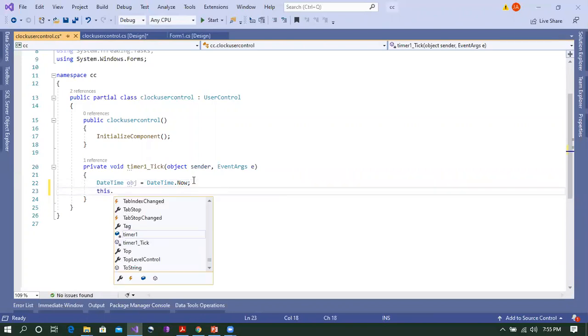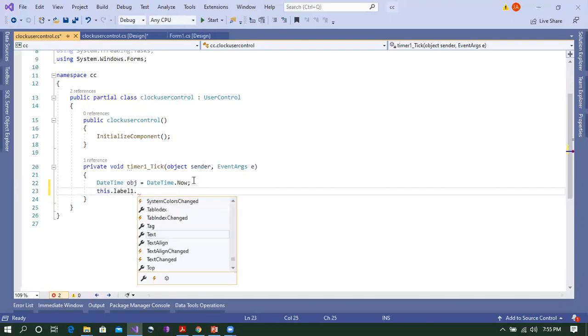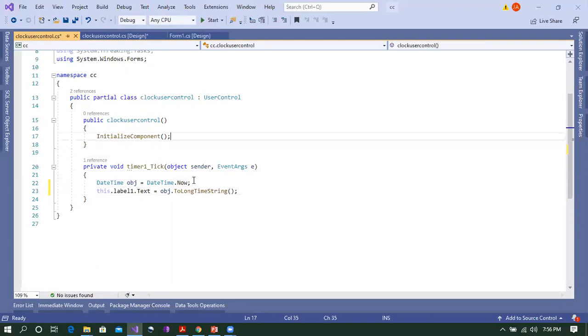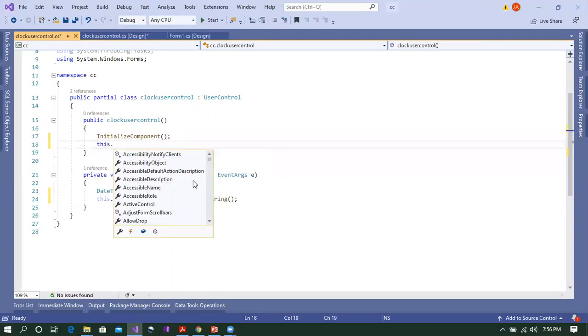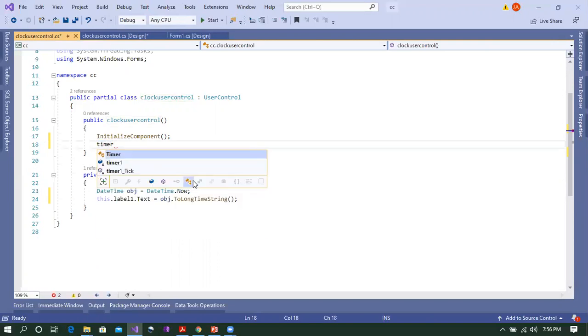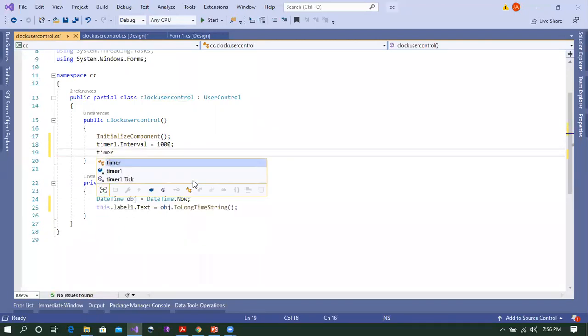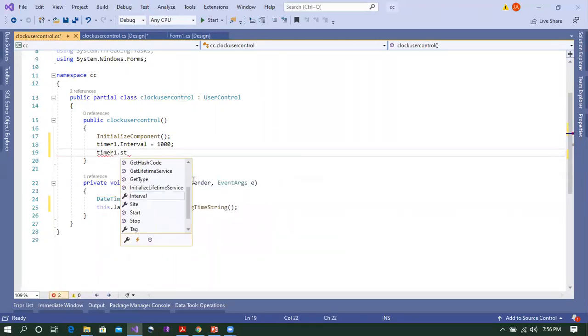Then this.label1.Text equals obj.ToLongTimeString, and this is the method. And here I am going to set the interval: timer1.Interval equals 1000, and I am starting the timer with timer1.Start, and that's it.